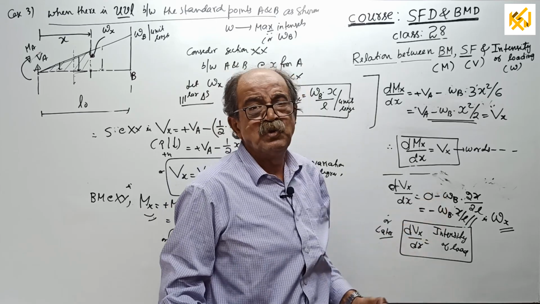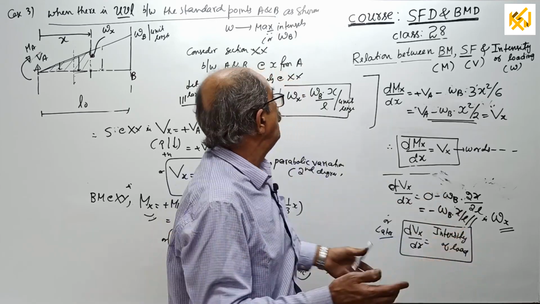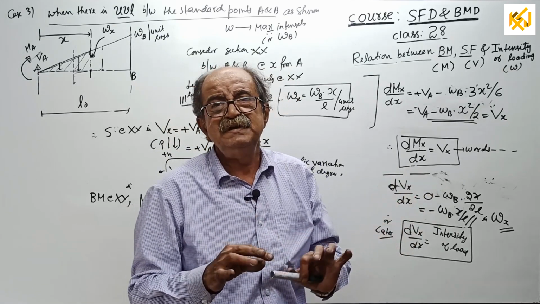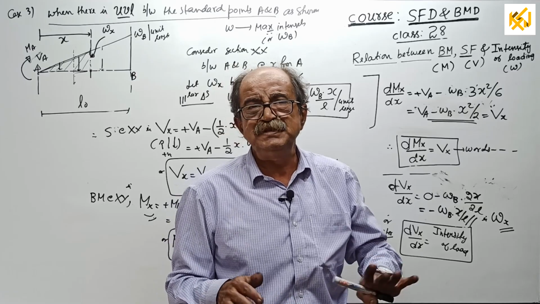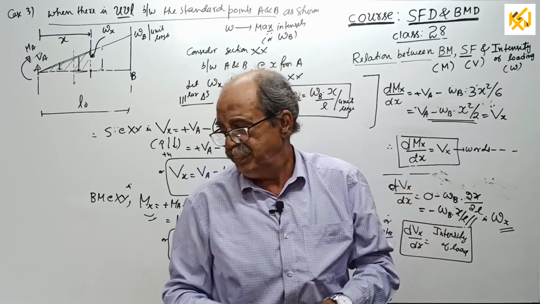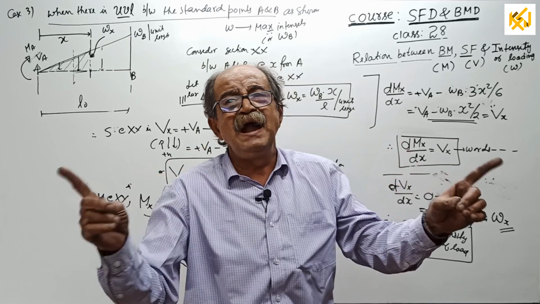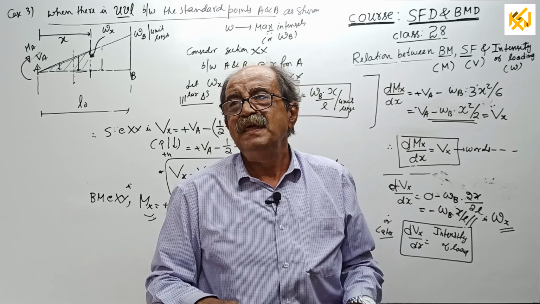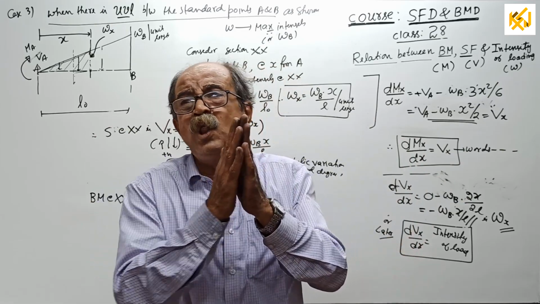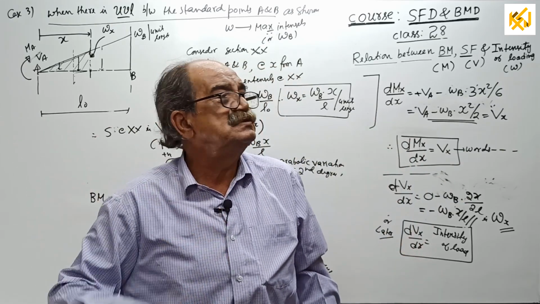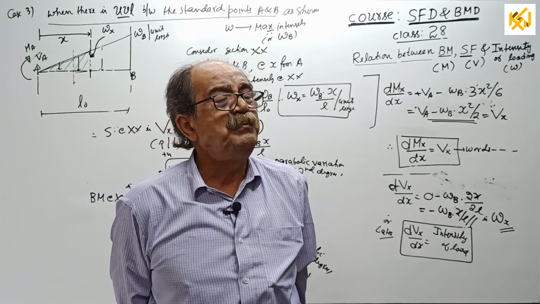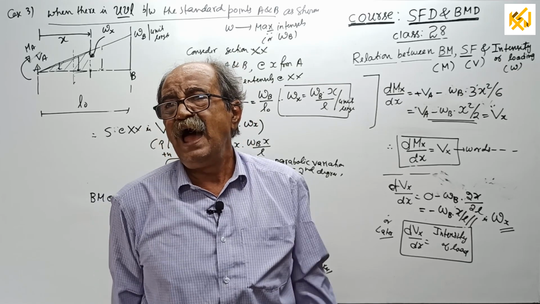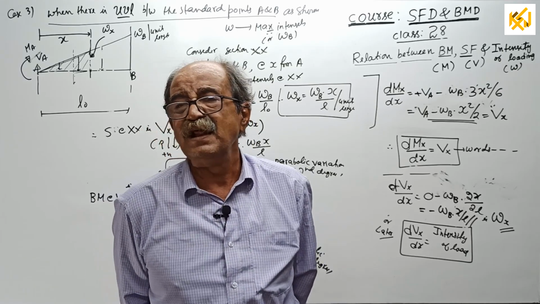Now I will conclude the class, because the summary comes next time with the full board with all statements. But before that, for those who are going through this class, just a summary by words only. Two successive standard points are considered. Between them, if there is no load and no shear force, then shear force 0 means Bm is constant, called pure bending. Or if shear force is there and constant, Bm is linear.